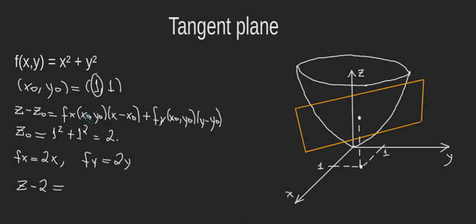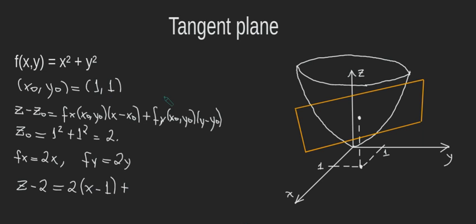So when x0 is 1, that will be 2 times 1, which is 2. Can you see it? The derivative with respect to x at the point x0, which is 1, and y0, which is 1 as well, is 2 times x, but x is 1, so 2 times 1, which is 2. So let's put it here, times x minus x0, which is 1,